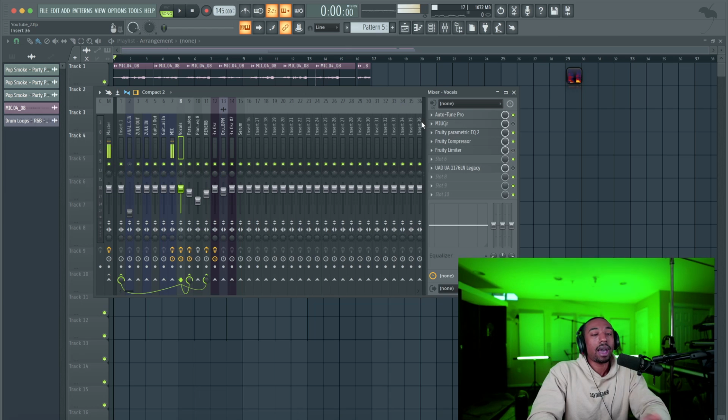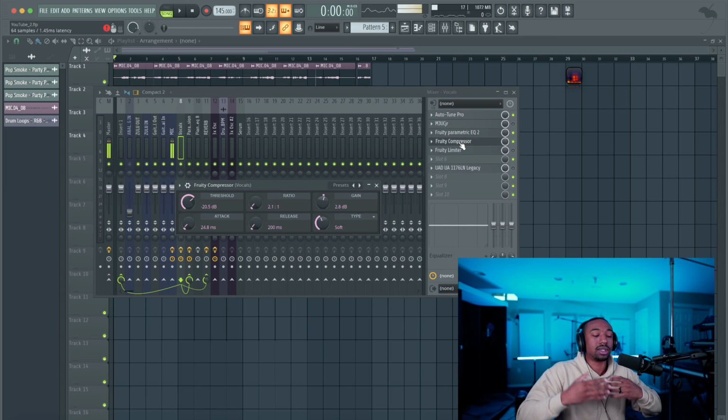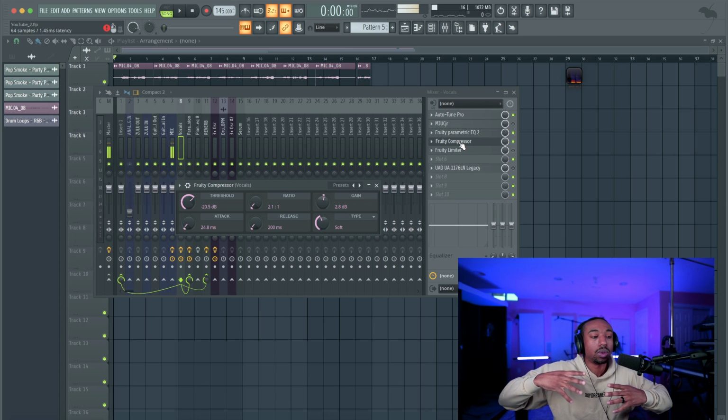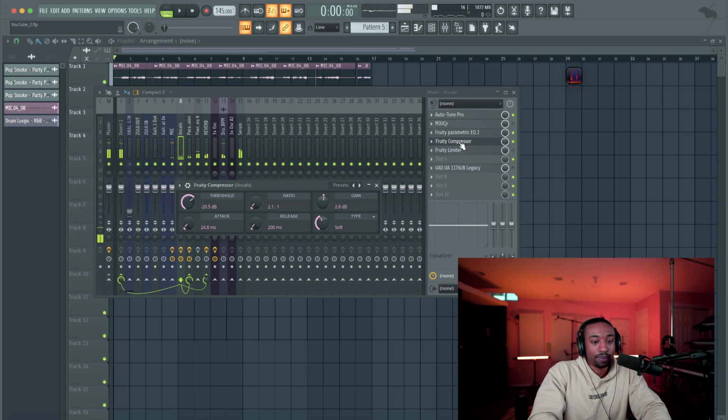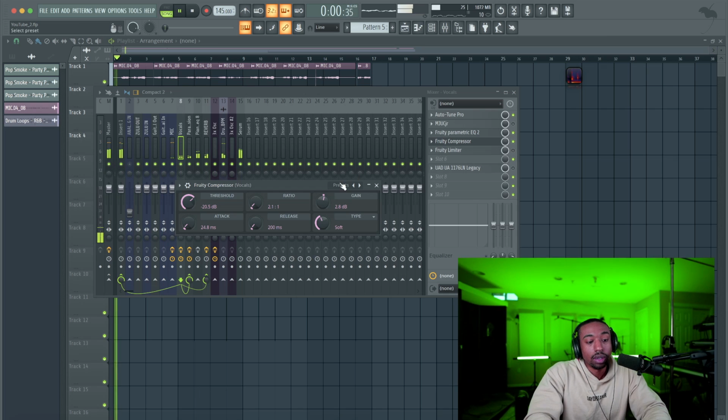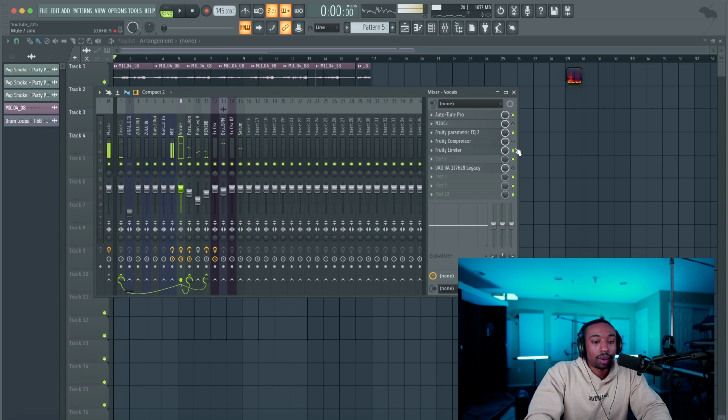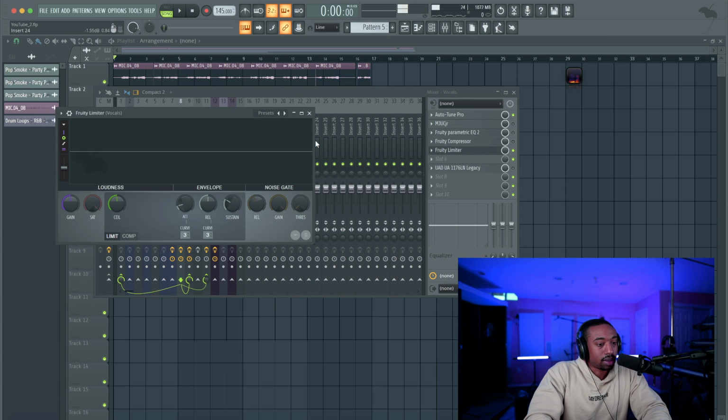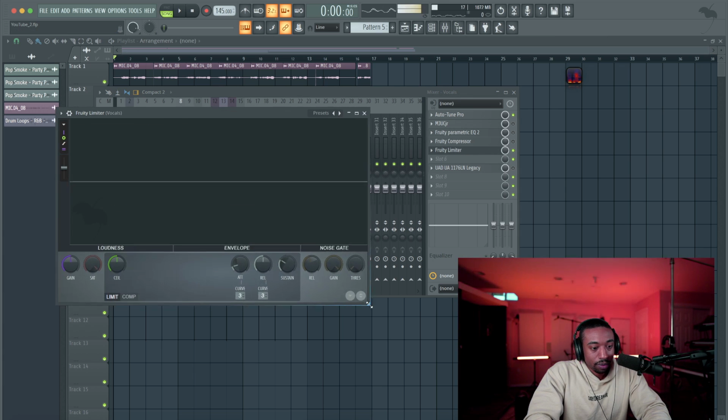Usually I put EQ after the compressor. The compressor's job is just lift all the things that we can't hear in the vocal up front. That's the main job. And to make stuff a little more linear. So let me give you a visual compressor because that one is hard to understand because there's no visuals. Let's pull up the Fruity limiter.